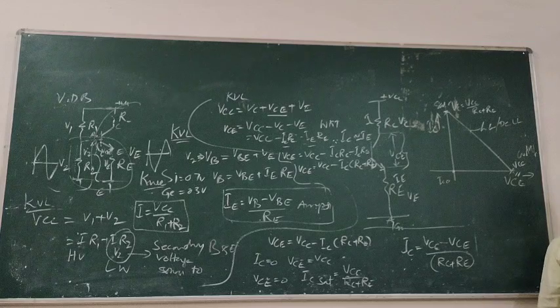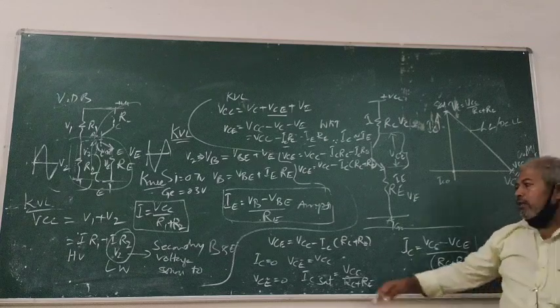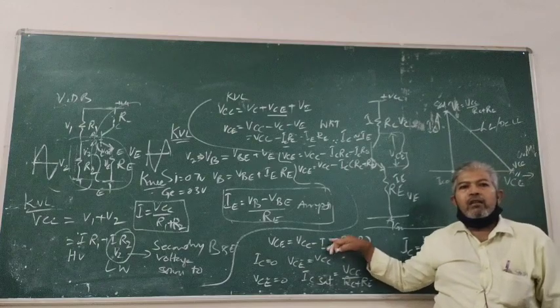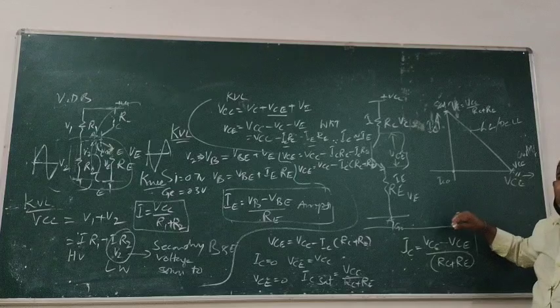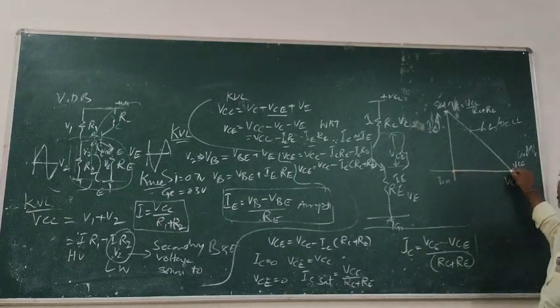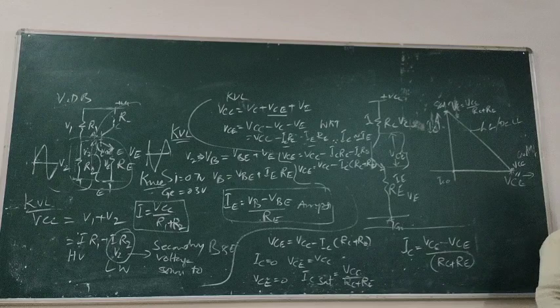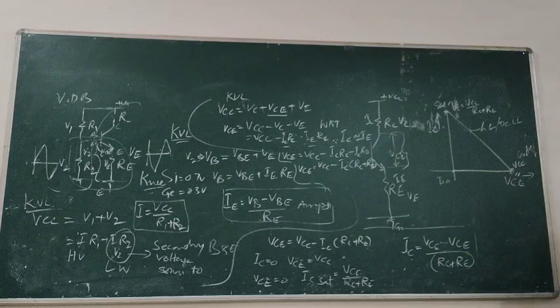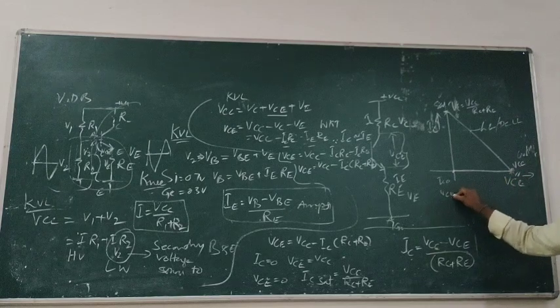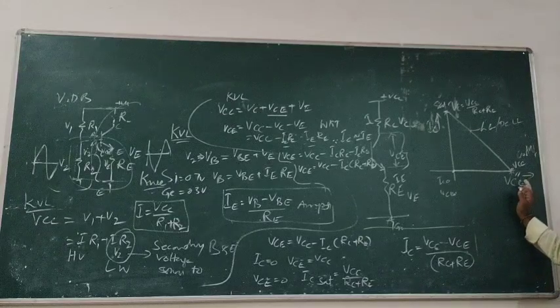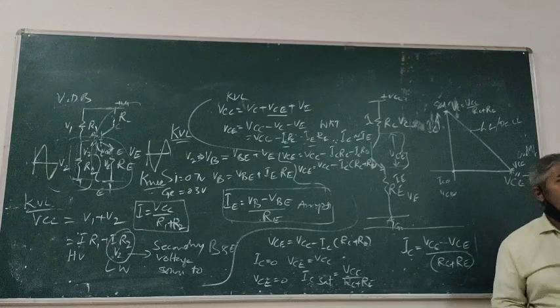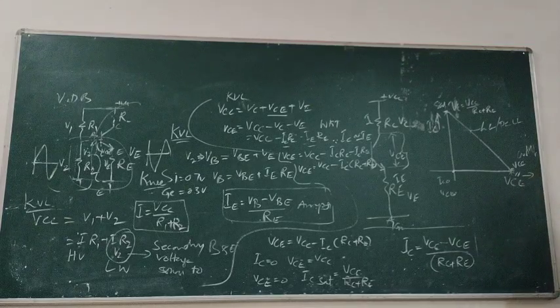So here, by using this equation, when IC is equal to 0, the voltage is maximum, up to the supplied voltage. That is VCE. When VCE is equal to 0, IC is saturation. Okay. So I got 2 end points. The question arises in the examination: how to write the end points of a DC load line?